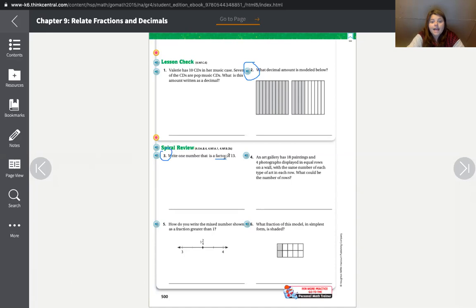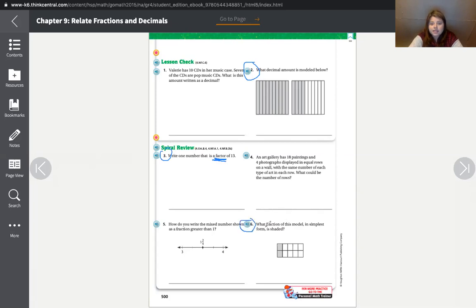Okay, factor. We did this a while ago. Write one number that is a factor of 13. Okay, so that means that you can multiply something to equal 13. What times what equals 13? You only need to write 1, but you should be able to think of 2. And let's go with